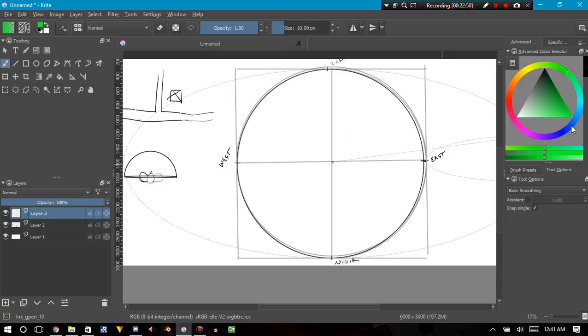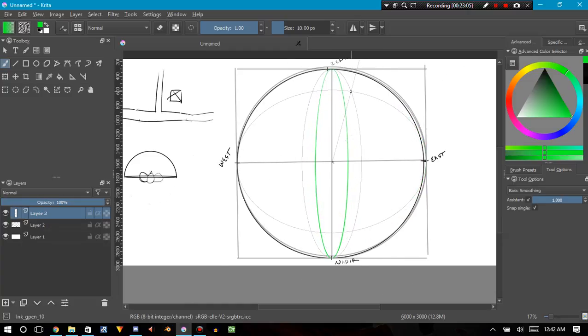And for some reason, the green is still black. Alright, so let's go ahead. And the assistant isn't turned on. Alright, so this grid is basically what I'm going to use in order to, for some reason, things are not working out. Okay, I'm creating this grid just so that I have a series of guidelines, and this helps me